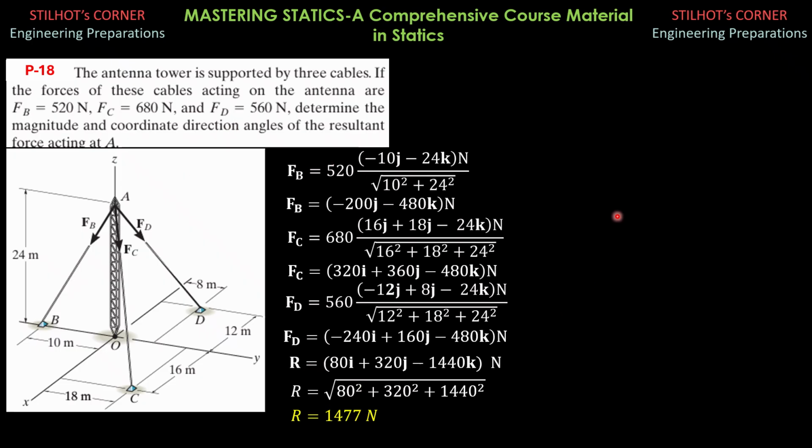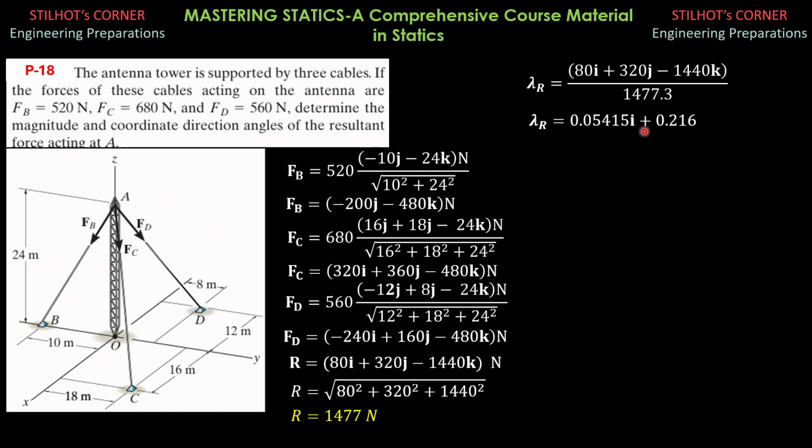Then for the direction angles, we need to express R as a unit vector by dividing by its magnitude. The actual magnitude of R is 1477.3 to be accurate. So lambda R is equal to 0.05415i, 0.2166j, negative 0.9748k. Cosine theta x is 0.05415, and therefore the inverse cosine of 0.05415, theta x, is